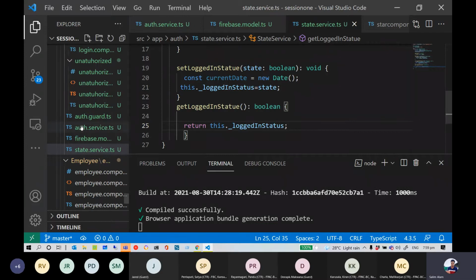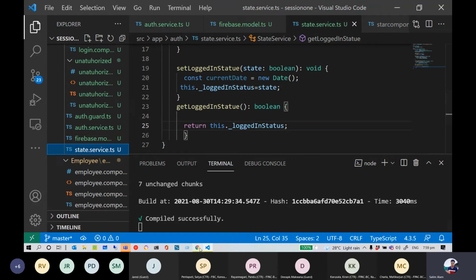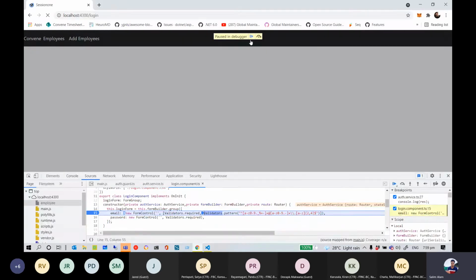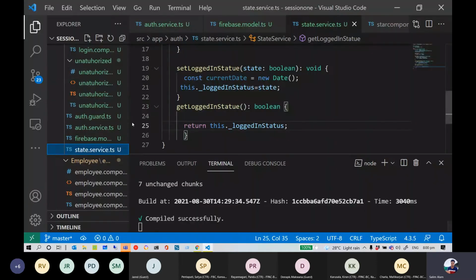I have covered this auth service and state service. So I'll just run this application and show you again. So this is the form that we built, and here if I pass demo user @gmail.com and my password, and when I click login